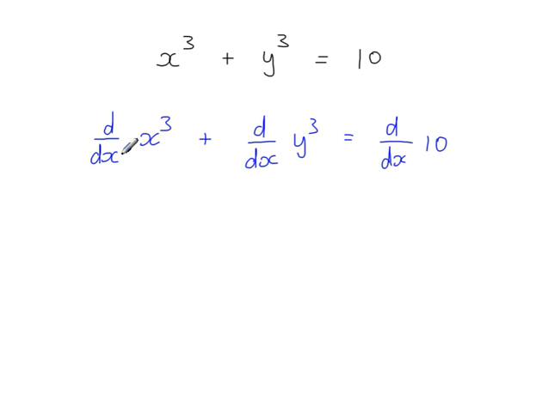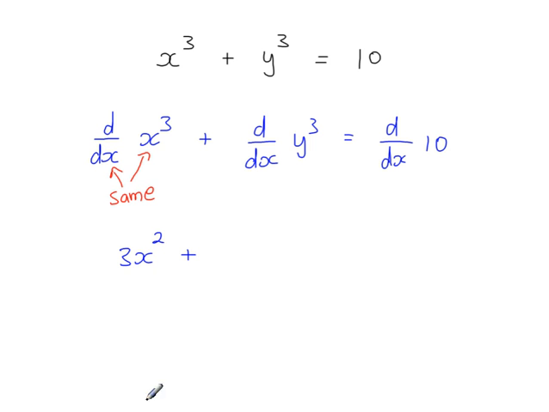So the first one, differentiating x cubed with respect to x, and these two are both the same. These are both x. So differentiating is straightforward. We just get 3x squared